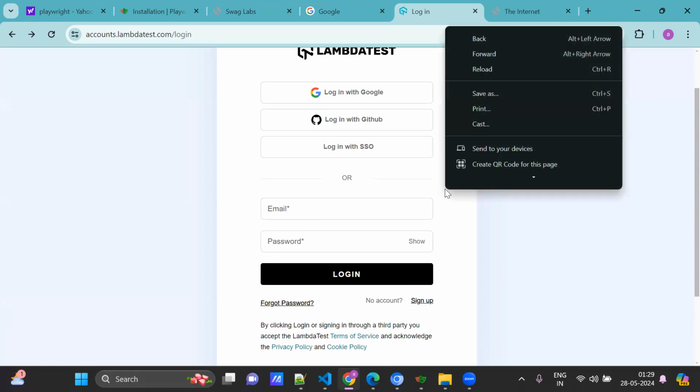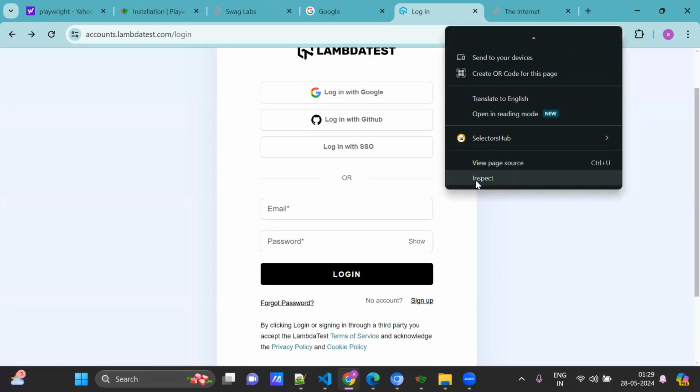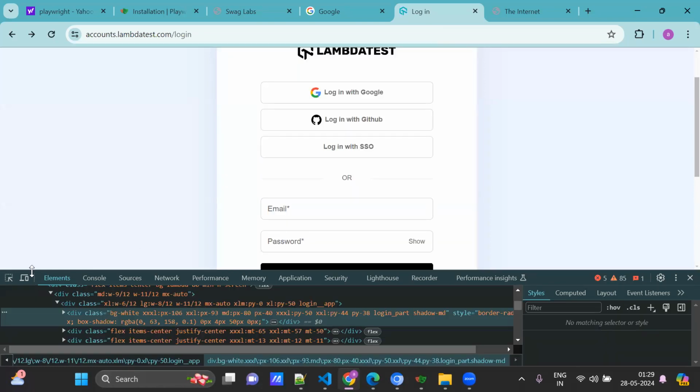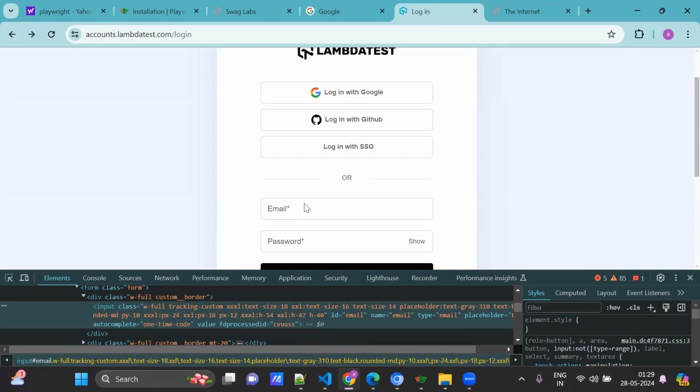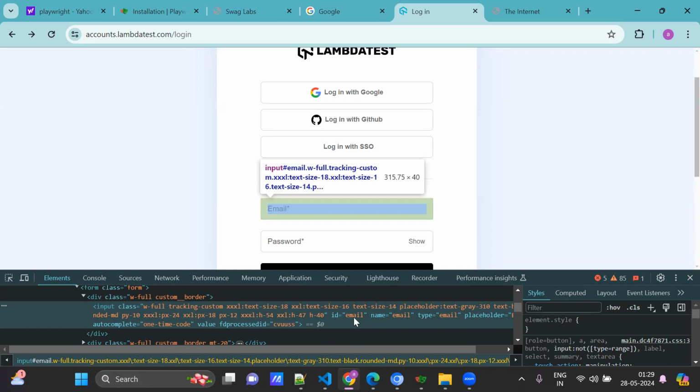I'm going to right click on this element, and highlight this element. So here we have class. Class is defined. Input is the tag name. ID is the attribute name, email is the attribute value. Name is the attribute name, email is the attribute value. So now we are going to identify XPath based on the